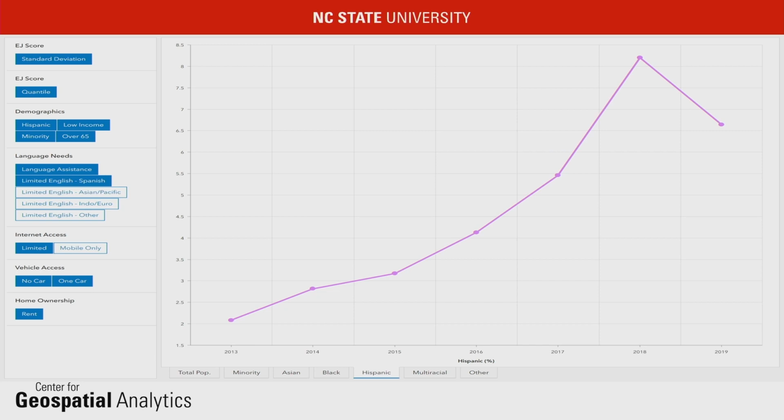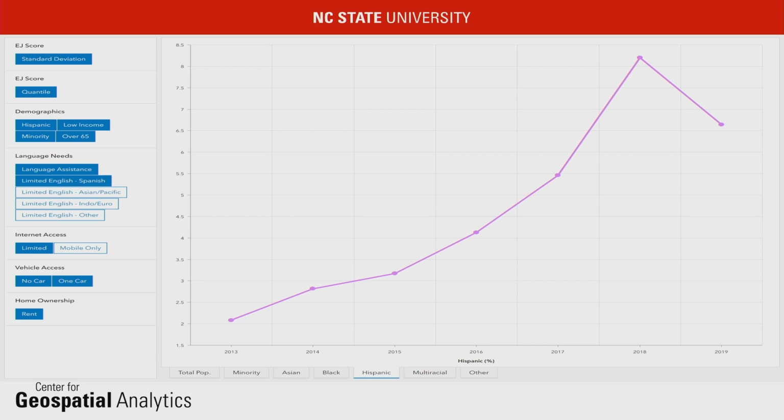When you maximize it, these pop up, or you can use the arrows on the sides to see the minority, Asian, Black, Hispanic, multiracial, and other categories charts for the last 5 years, from 2013 to 2019 data. And this allows NCDOT analysts to look at a specific area when they want to plan for a project there, or there's a project going in, being worked on,